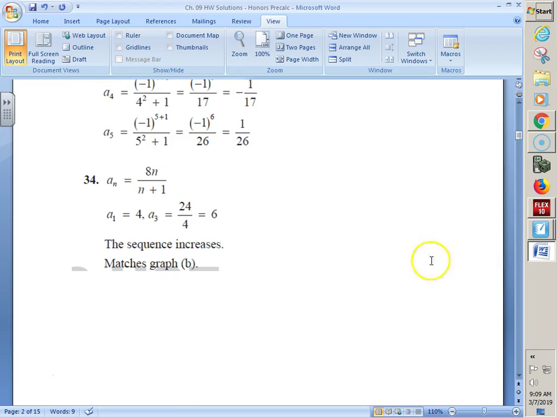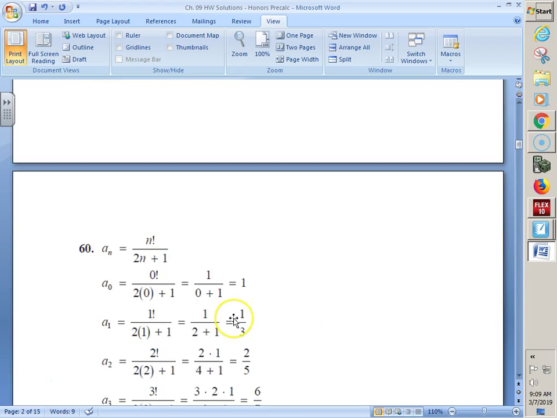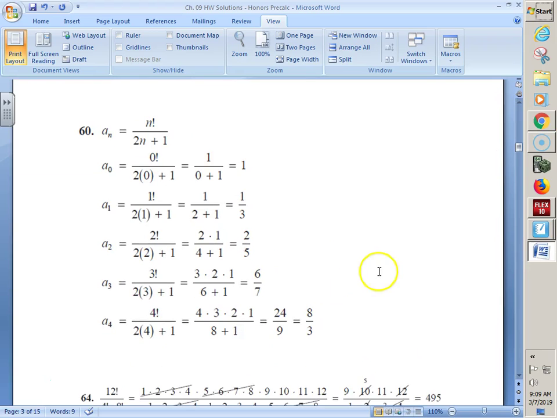Number 34, you were looking for specific terms. Oh, no, you're just matching. Sorry, this is how they made it match. It was letter B. I apologize. 34 is just letter B. I'm trying to get rid of that annoying thing. Why is that coming up? Go away. Okay. Number 60, looking for the first 5, except in this case, starting or looking for the first